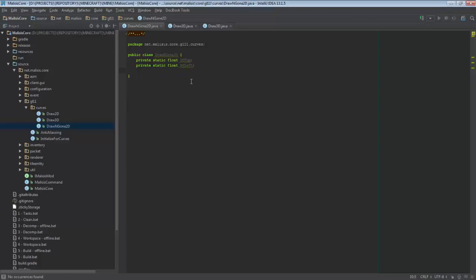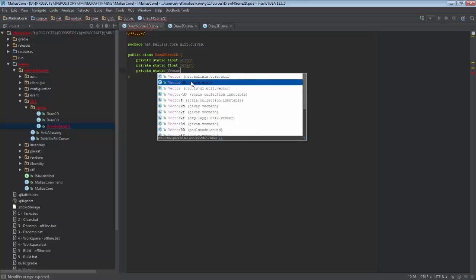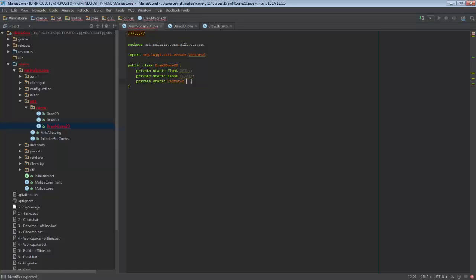Yeah, so it is private static Vector4f, and that is from LWJGL, and with this we call it ng color, and we instantiate it as new Vector4f of 1, 1, 1, 1. Okay,